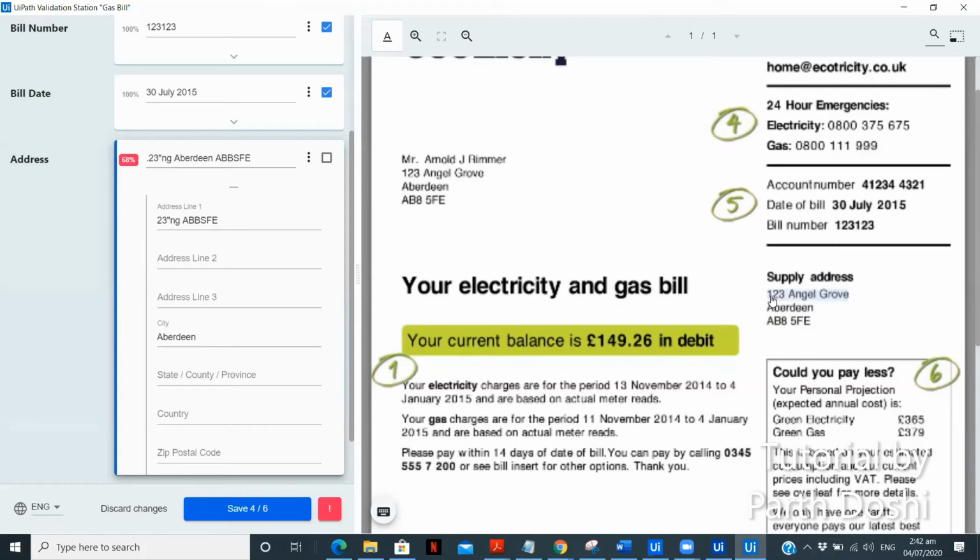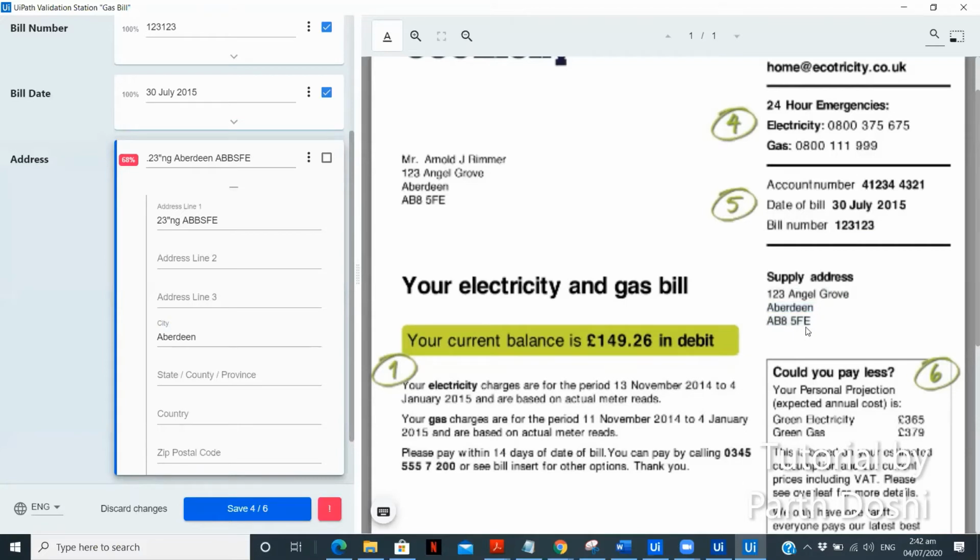So as you can see here, we don't have the one, we don't have the complete angel word, we completely don't have the groove. And here this Aberdeen is also available, it's in the city. But here as you can see AB85, this is not a proper zip code, we can say.